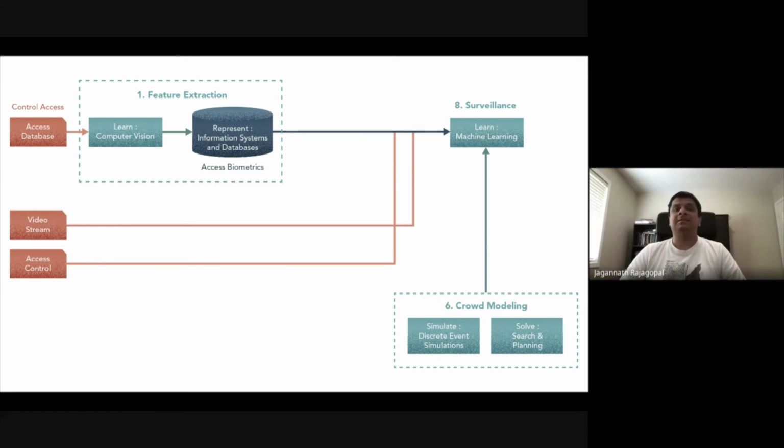Our choice is to use the morphometric approach and use learning to learn the morphometrics. So the output of this is a person in that area, and whether the person is supposed to be in the area or not. Once you do the comparison against the access control, you know whether or not this individual is supposed to be in that area. And this information ultimately feeds the preventive security engine.